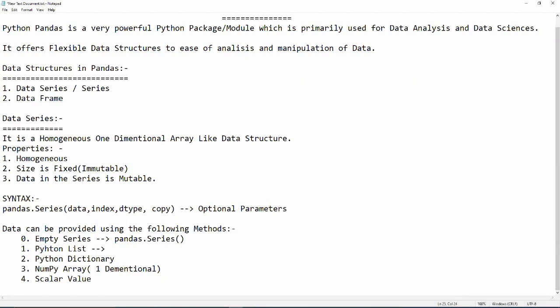For the Python list, this is just to revise what we had done in the last video, to recapitulate the things we covered.